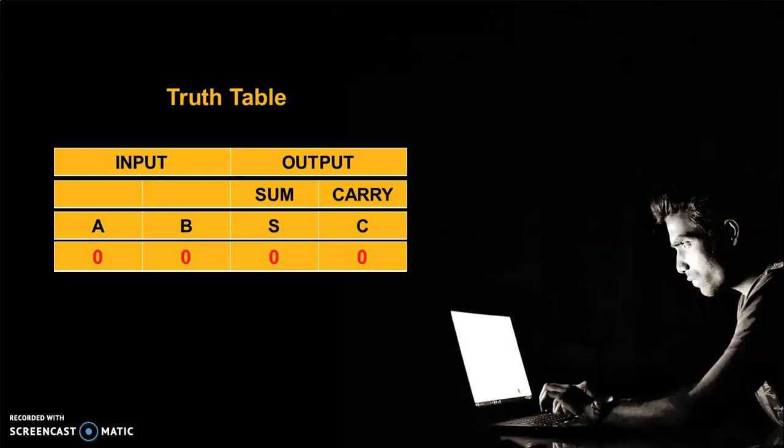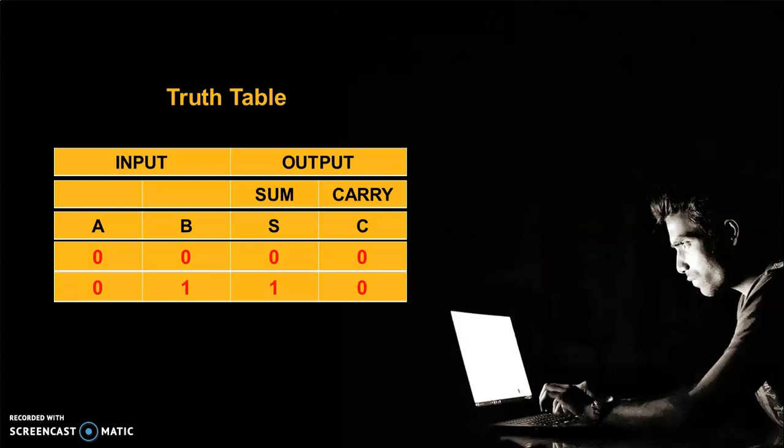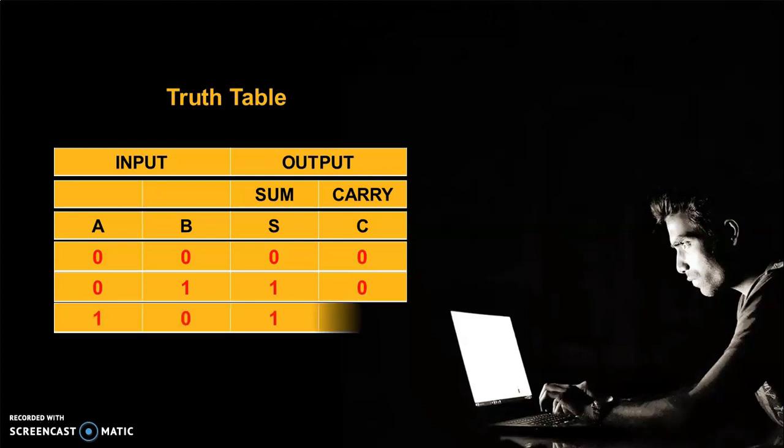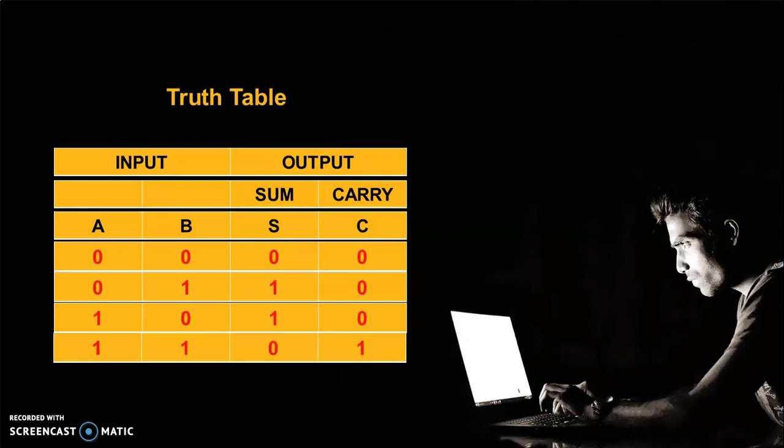Sum is 0, carry is also 0. Second condition, 0 1, sum is 1, carry is 0. Third condition, 1 0, sum is 1 and carry 0. And the last condition, that is 1 1, sum is 0 and we have carry 1. We have a carry only in the last condition, and that condition is 1 1.